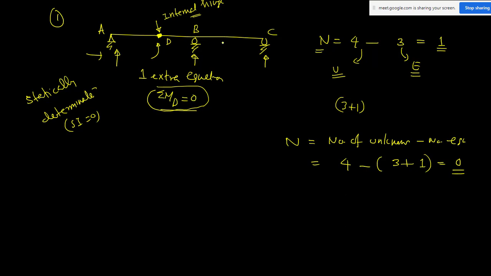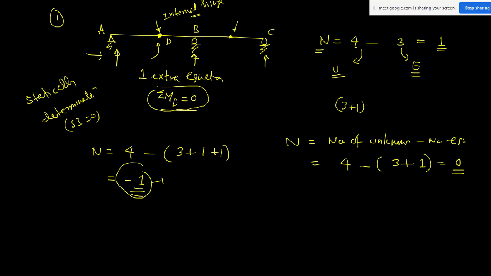So this is simple. For the beam, again, if you have another hinge, what is the static indeterminacy? The number of unknowns is 4, and the number of equations is 3. Here you will get 1 extra equation, and here I will get another extra equation, so you will get 1 plus 1. So the static indeterminacy will become 4 minus 5, negative.